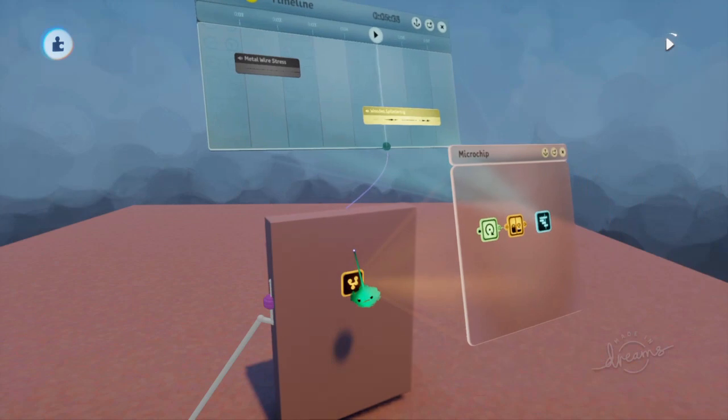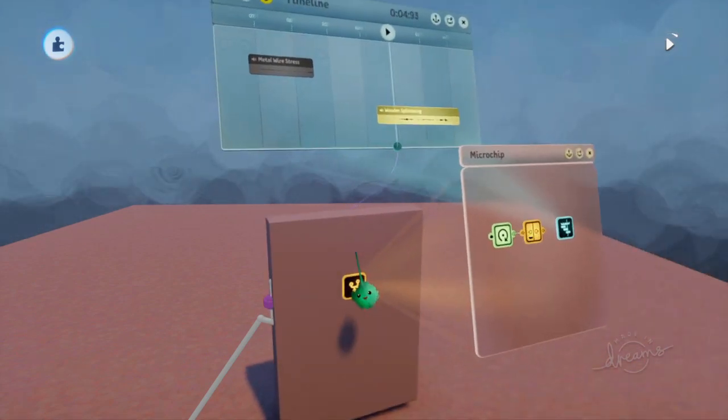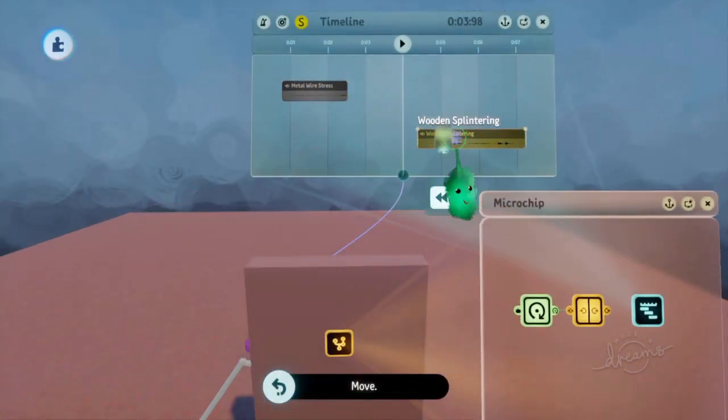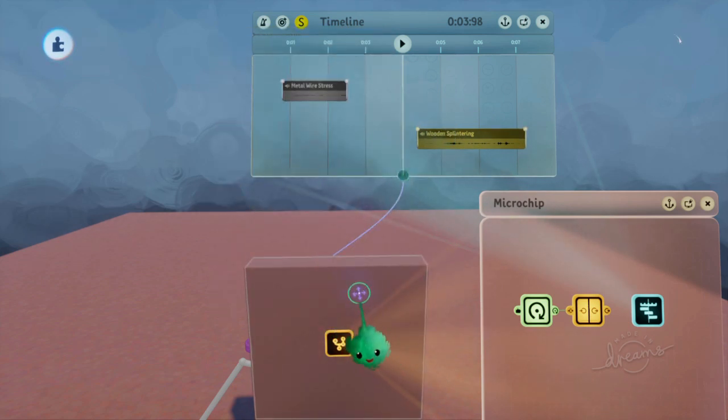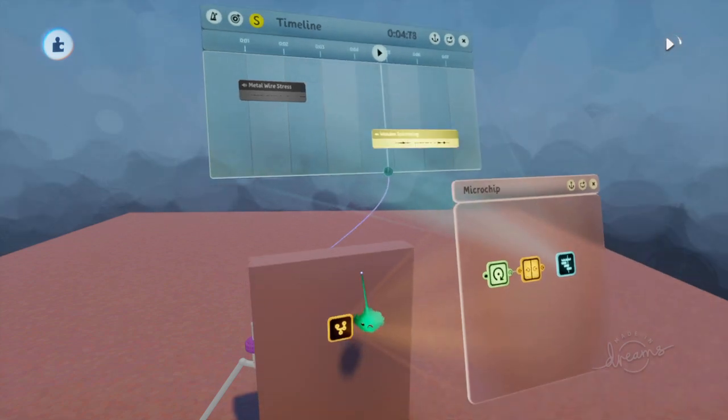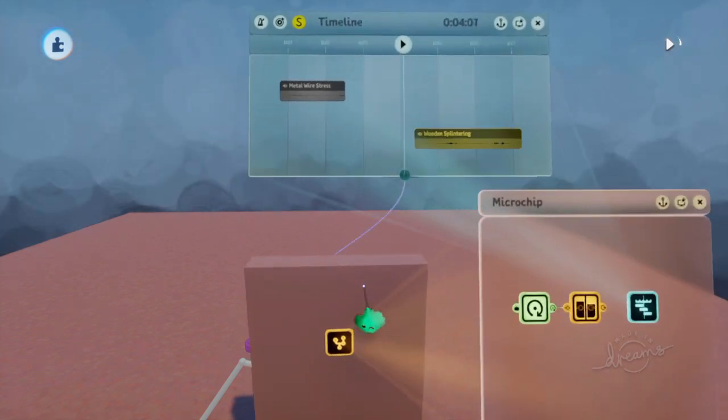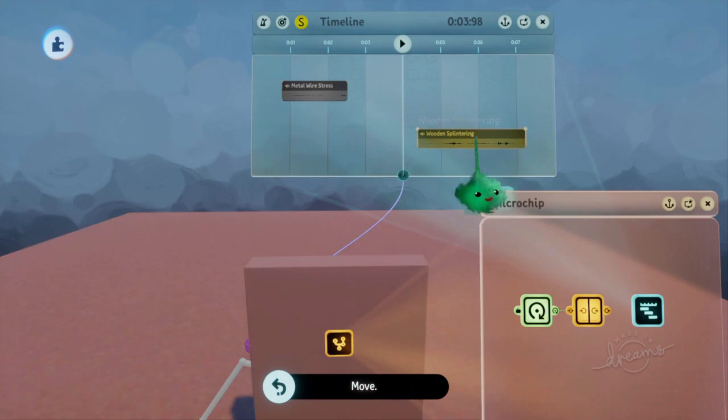So you can tell it takes like a while to get into it, sort of thing. So what I'll do is I'll tweak this and tweak the start time offset so it starts around here instead. And now when we go over it, it's immediately nice and loud. But then we'll have it